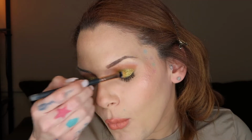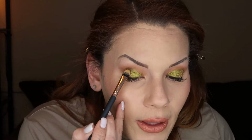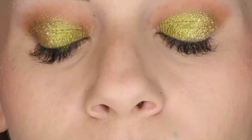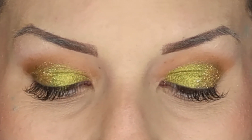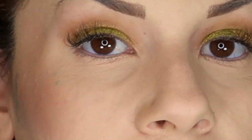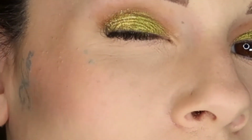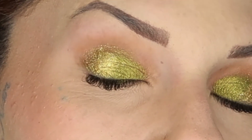Okay, so with the more glittery shade, I believe this is the shade Corn Salsa, you will get a lot of glitter fallout. So definitely keep that in mind. So this is the look so far. I think I'm going to use white rice and try to blend out the harsher of the lines. But as you can see, I mean, come on, I'm definitely going to zoom in. The glitter,